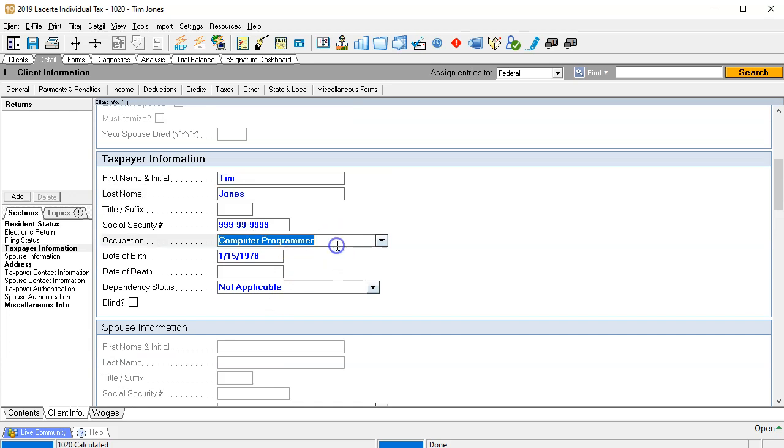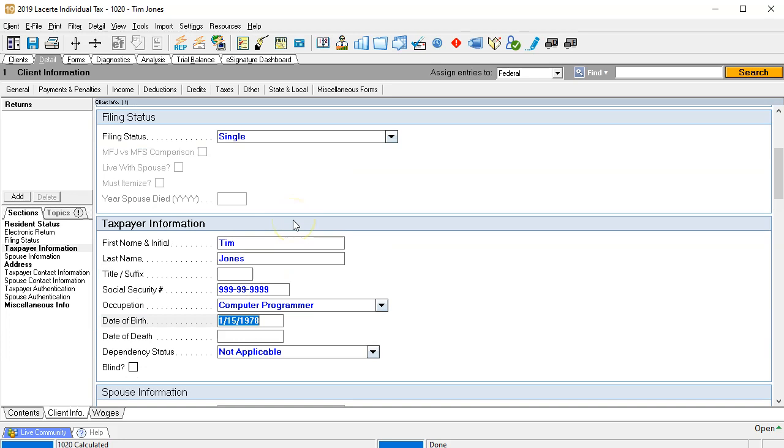We probably can get an idea, possibly, of what they do by the W-2 form, but we want to verify that, as well as verifying the date of birth, which will typically not be on the W-2 form. This is the bare minimum information, at least the name, social security number, and filing status we typically will need in order to generate any kind of reports that we can then start putting numbers in and